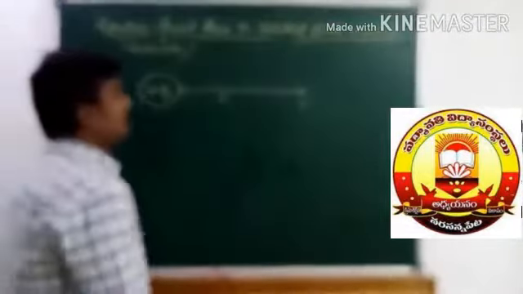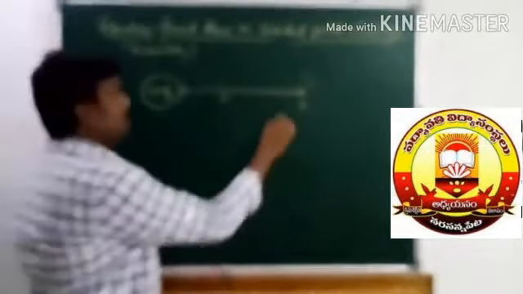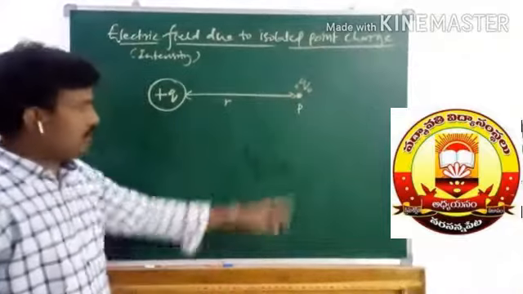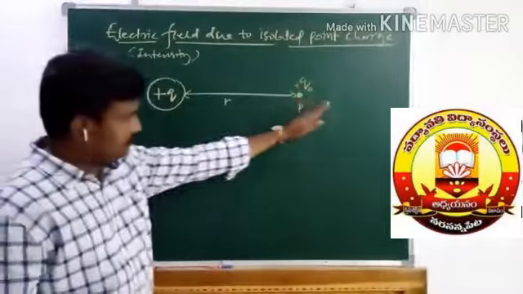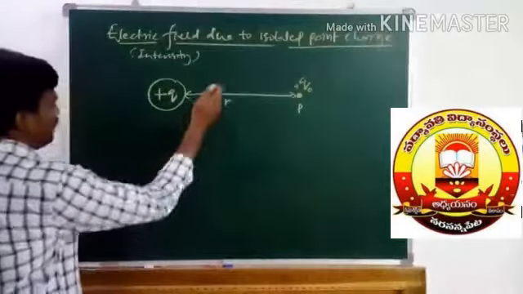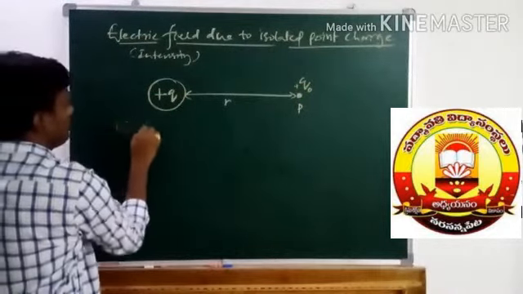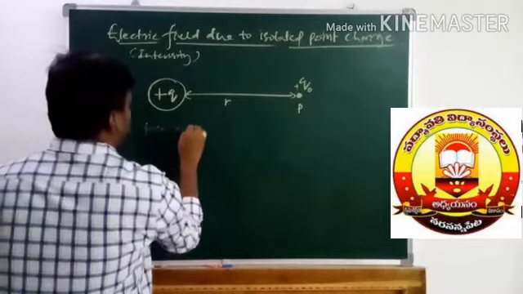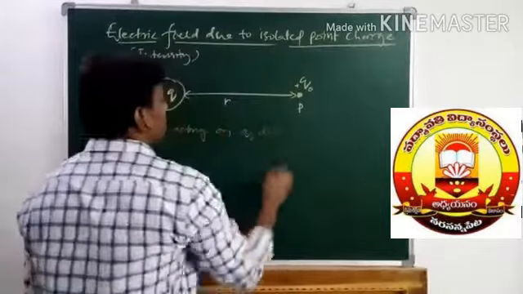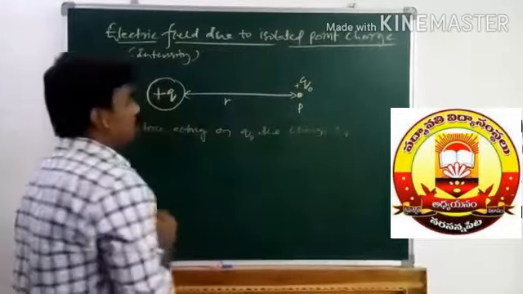For that purpose, I am going to take a Q naught charge. This is also positive, a test charge, Q naught charge at point P. So we can expect a force between these two charged particles. The force experienced by this Q naught because of this Q, the force acting on Q naught due to charge Q, is given by